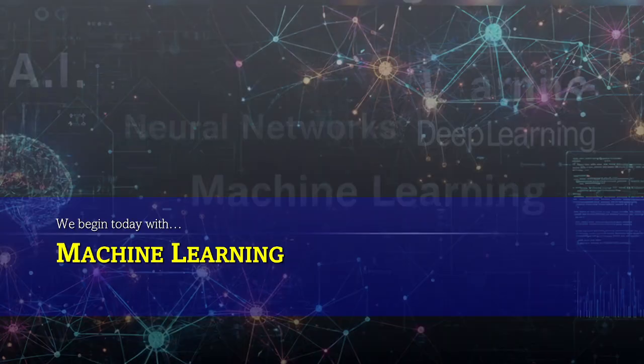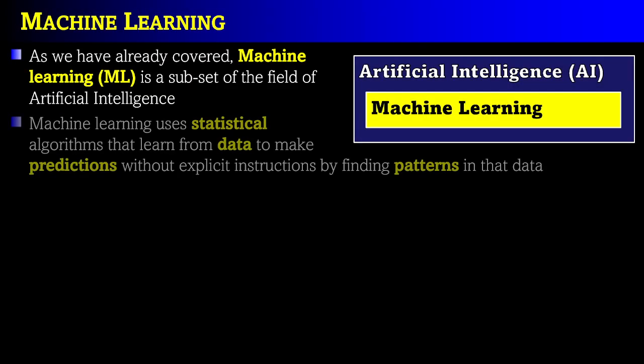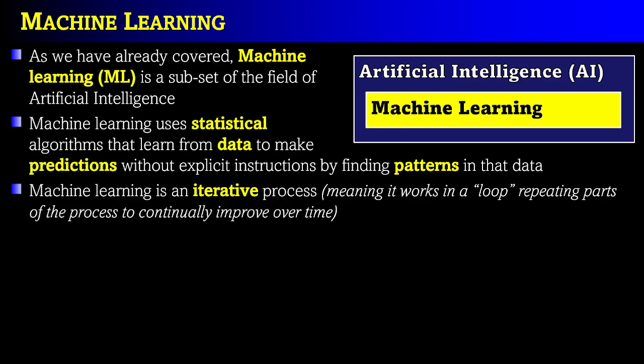All right, so let's begin today with machine learning. As we've already covered, machine learning, or sometimes abbreviated to ML, is a subset of the field of artificial intelligence. It uses statistical algorithms that learn from data to make predictions without explicit instructions by finding patterns in that data. Machine learning is an iterative process, meaning it works in a loop, repeating parts of the process continually to